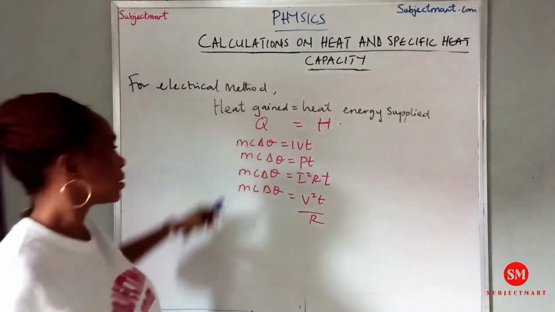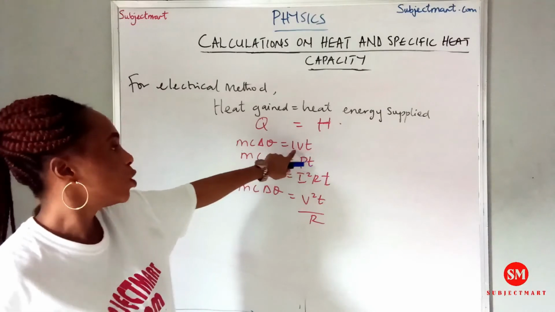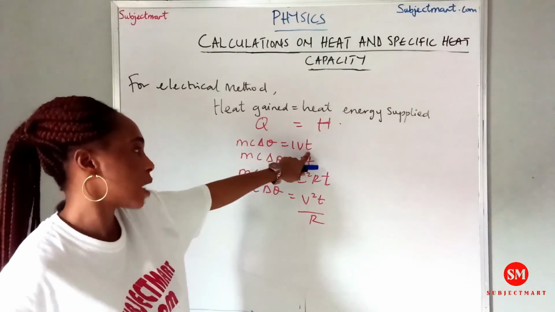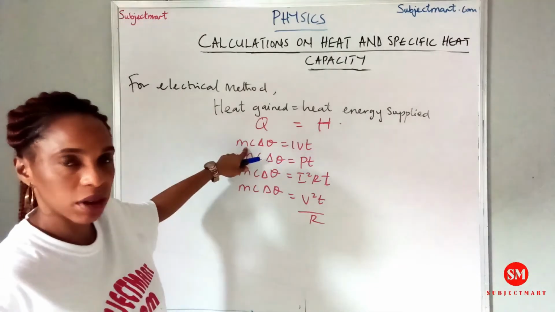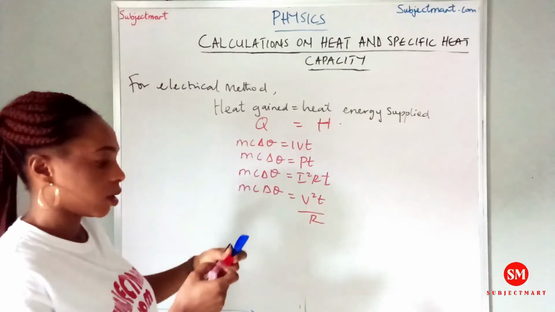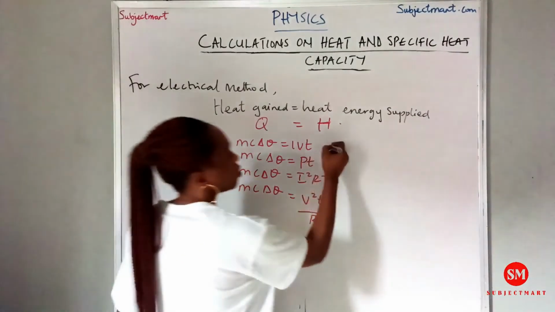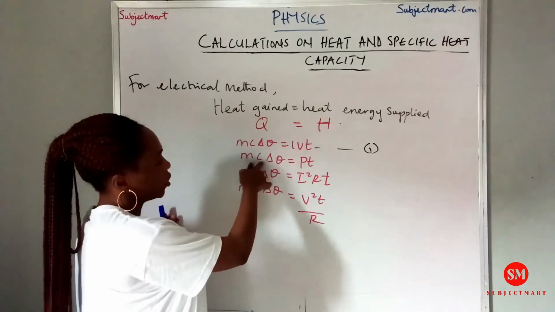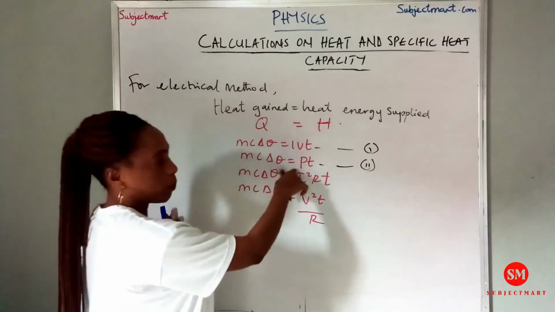So for cases like that, MC change in theta is equal to IVT. We use this when you have the current, the voltage, and the time. So we make use of this depending on your parameters, depending on what you are given. In some other cases, you may do MC change in theta is equal to PT if you have the power